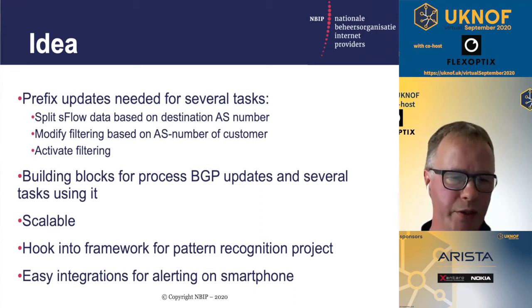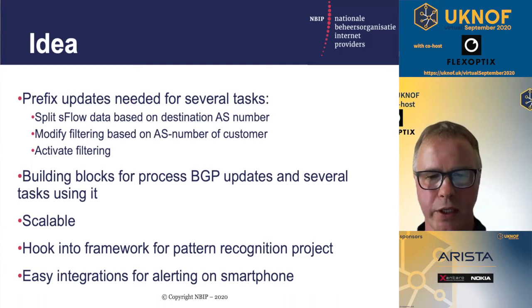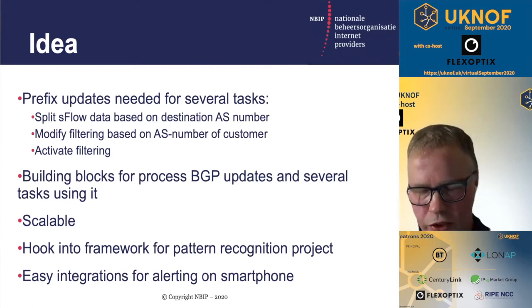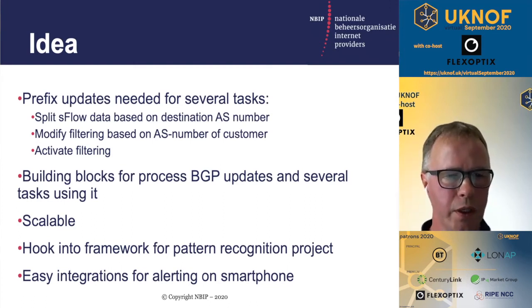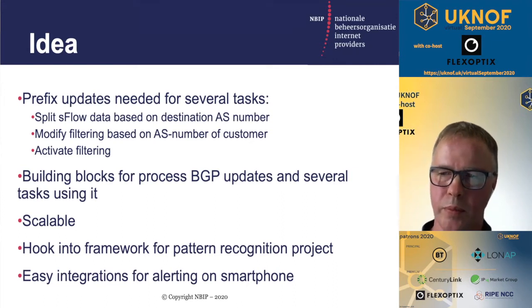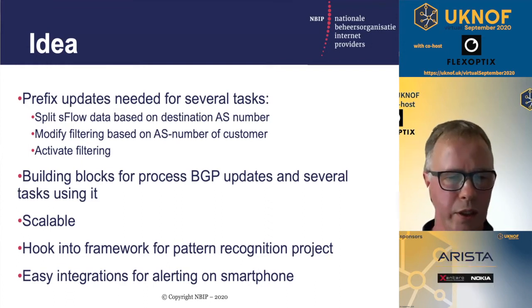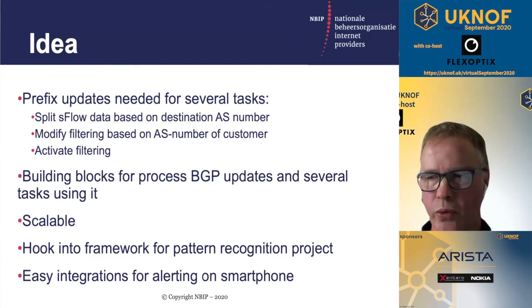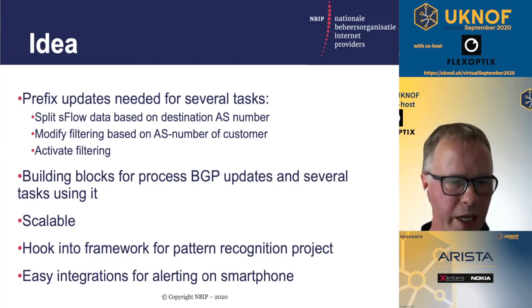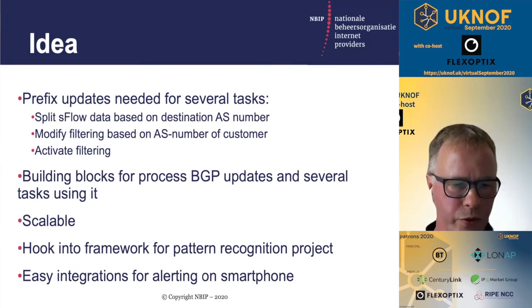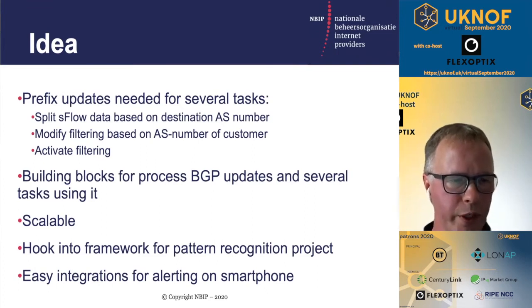And we do need to mitigate the traffic, the DDoS traffic. So we need to know what prefixes are possible in our network. And because of the large number of customers, we do have a lot of prefixes that can route through our network in the databases. And because of the number of prefixes, we cannot handle it with a static database. So we need to have a dynamic control of what's going on in our network and which prefixes are advertised through the NaWas, and do something with it.